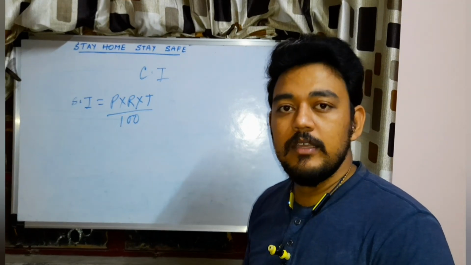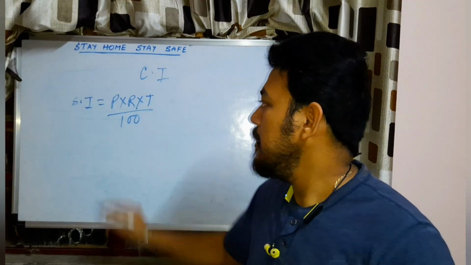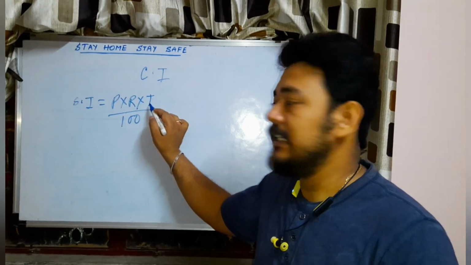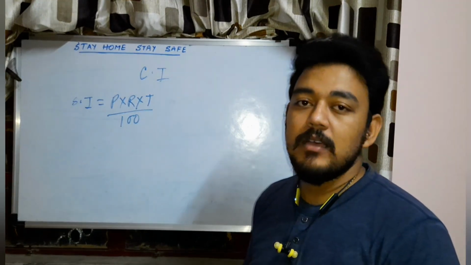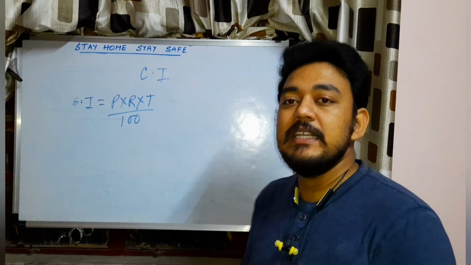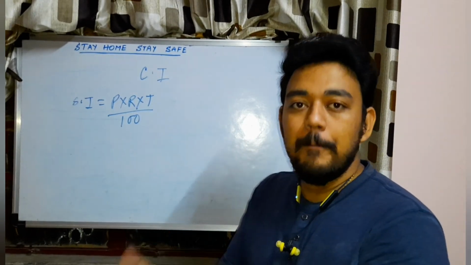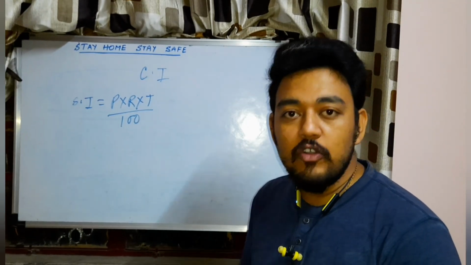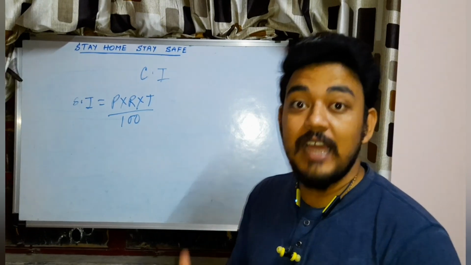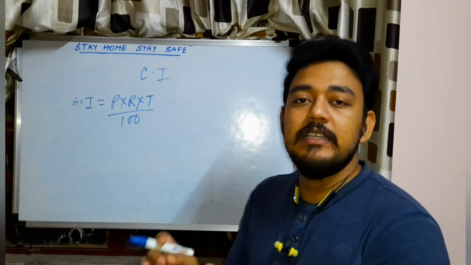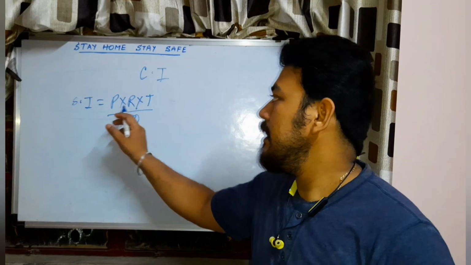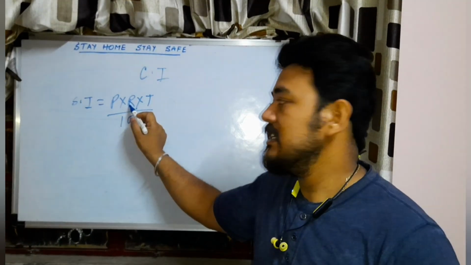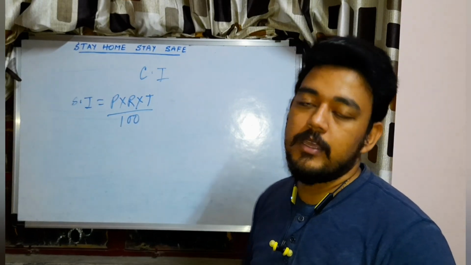Now what is P or T? SI is the simple interest, P is the principal, R is the rate and T is the time. P is the principal amount which you are keeping or which you are giving to a bank. R is the rate which the bank will decide according to the T, that is the time you want to keep it in the bank. So PRT: P is the principal, R is the rate and T is the time. And since R is in percentage, therefore you have to divide it by 100.